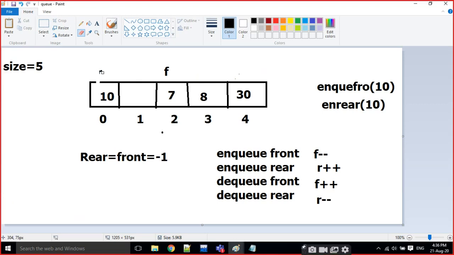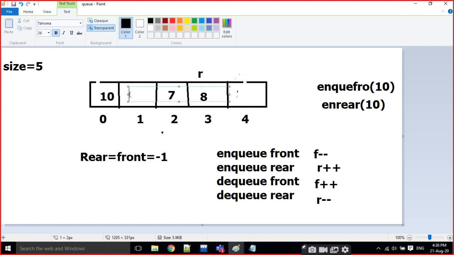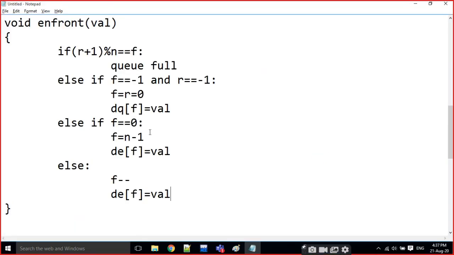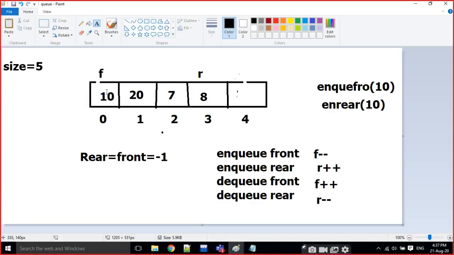For example, f is at this position, rear is at this position, and here some 20 is there, and front is at this position. That means front is at 0 position. Now I am going to decrement it.